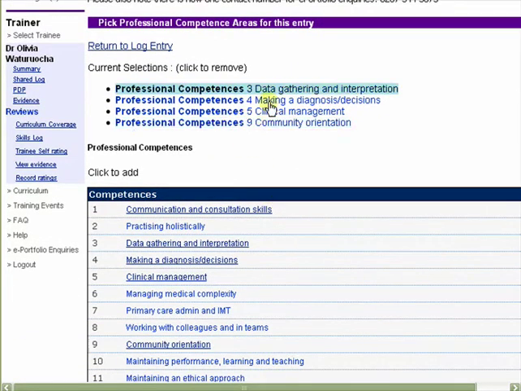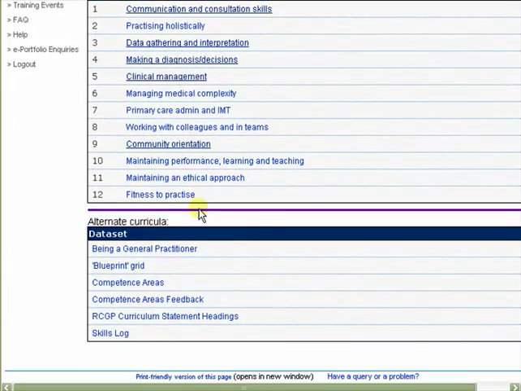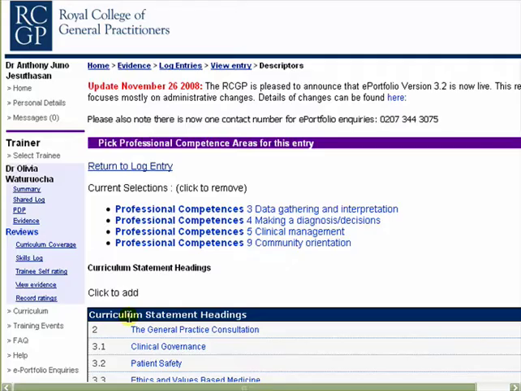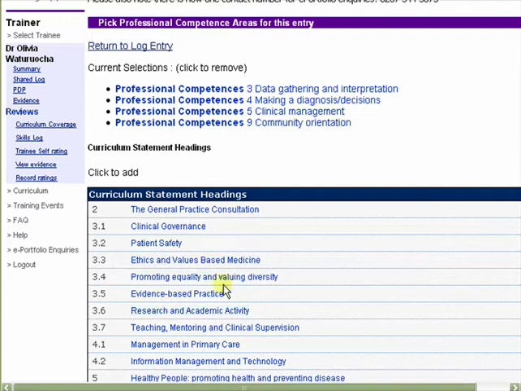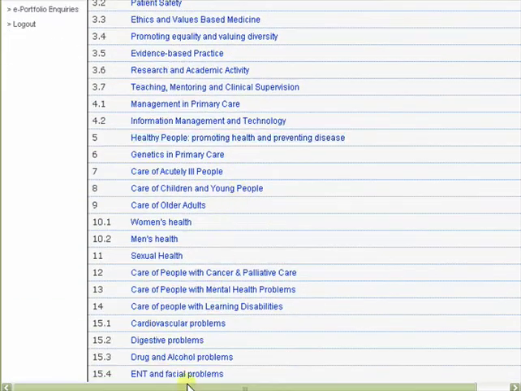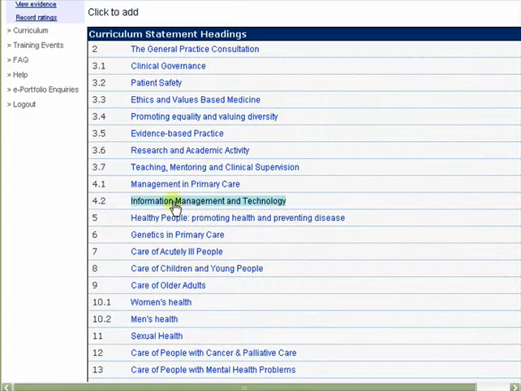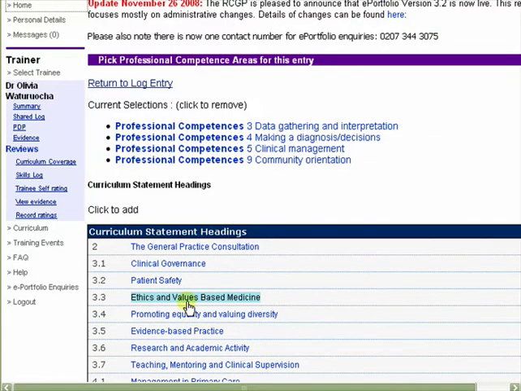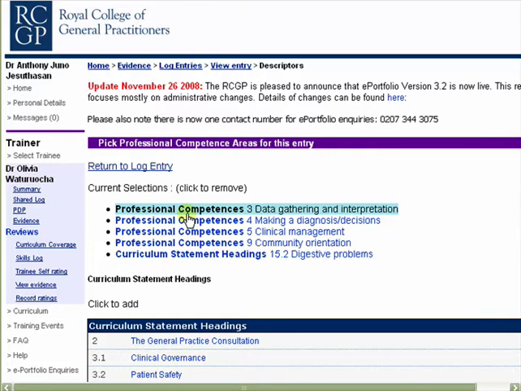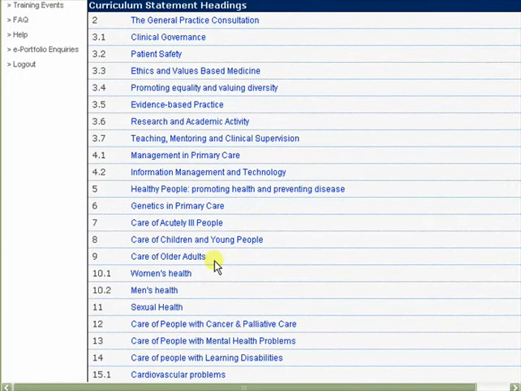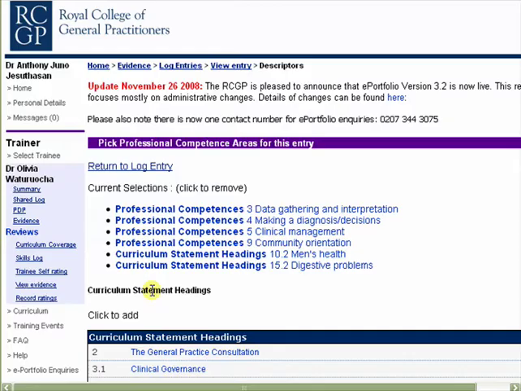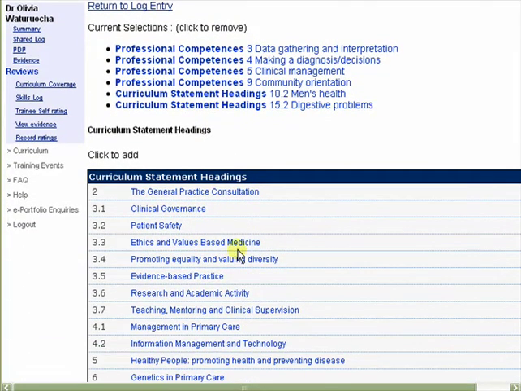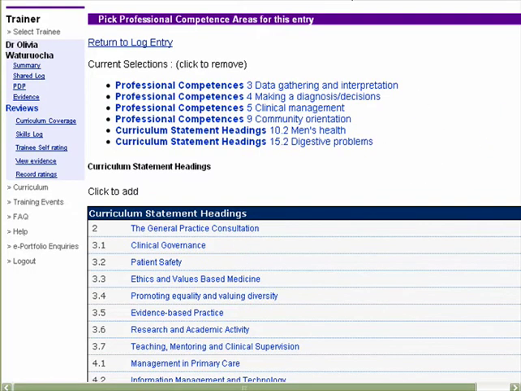Fortunately, as CS, however, you can add to the statements. I merely go down to curriculum statement headings. And I suppose I should have said that you can also view them from here, and I'm going to add the digestive problem curriculum statement here, and as you can see that's come up here, and I think it would be reasonable to put it under men's health as well. So a couple of curriculum statements covered and 3 or 4 professional competencies covered,